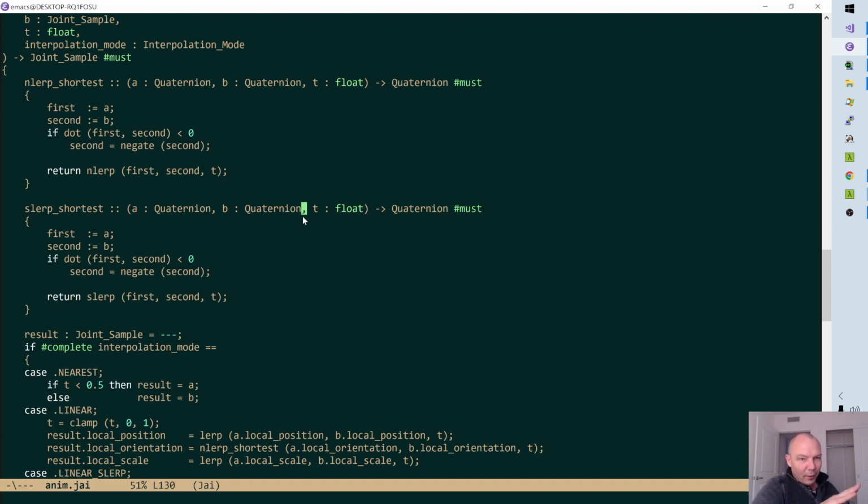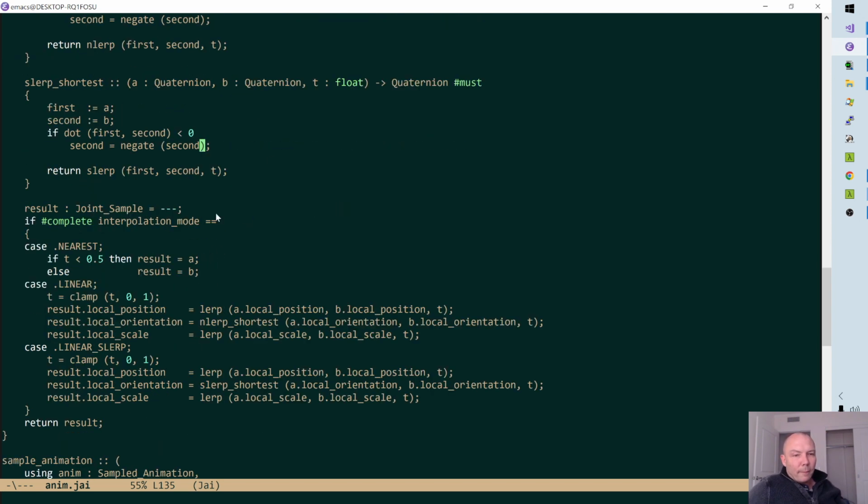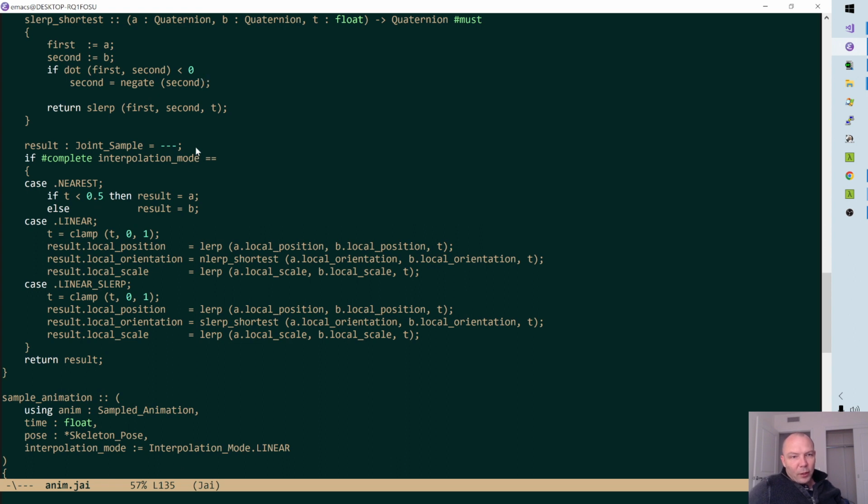Now, when you have quaternions, you can't actually have that opposite side thing, because the way that we use them in graphics, opposite sides are actually the same quaternion. A quaternion multiplied by -1 is actually the same thing. So the shortest thing here is about making sure that the two things are on the same side, and if one of them is on the wrong side, you just flip it to the other side. That's what all this is doing. People are going to have no idea. Okay, so,